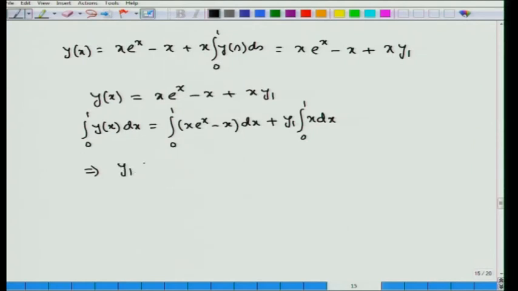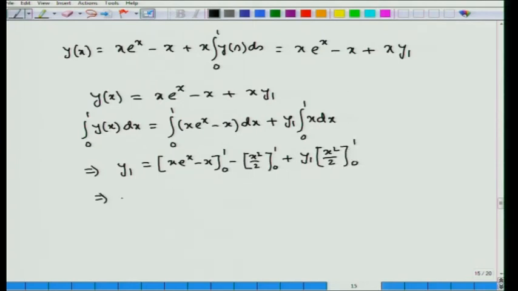So, this y 1 is equal to, after integration it will be x e to the power x minus x limit from 0 to 1, then minus x square by 2 limit 0 to 1 plus y 1 x square by 2 limit 0 to 1. So, from here we will be having y 1 equal to e minus e, these two things are coming from the upper limit, then minus x e to the power x at x equal to 0 is 0, and